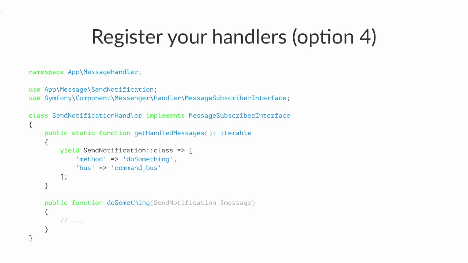And you can also say, instead of calling the default invoke method, you can call different methods within the same subscriber for different messages. So that's how you can go very deeply in what you configure, very deeply in what the handler is listening to, and which buses. I promise that's the last option of how you register a handler.